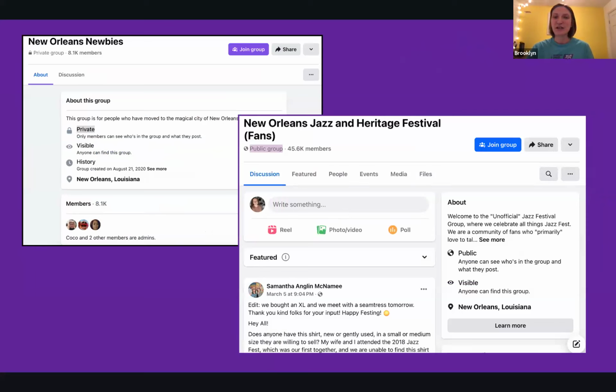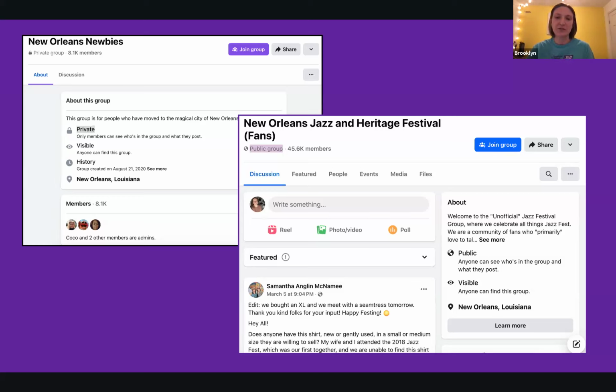I also think it's useful to have a public group because if your members invite someone from outside of the group, or sometimes even for me, I'm on Facebook and I look at something Disney related. I love Disney. Then Facebook says suggestions for you, this group, because you look at Facebook content on Disney. So someone could easily come across our Facebook group, and since we have a public group, they can see all of our content, see what we're all about, and it makes them more excited to join.